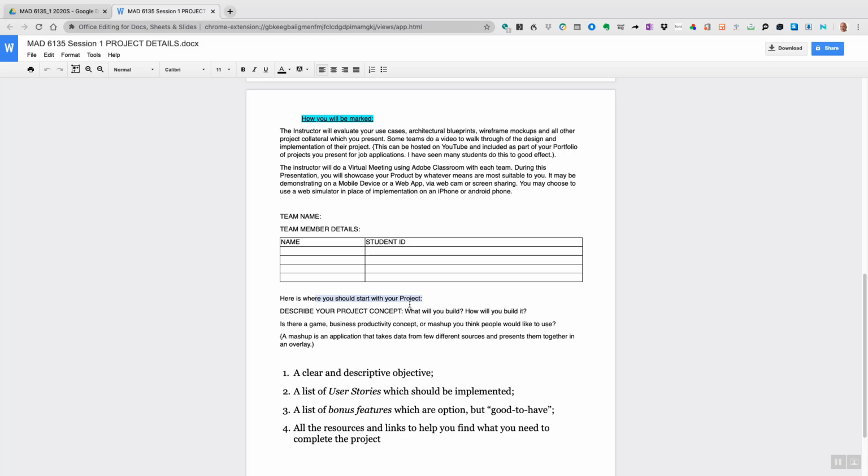Here's where you should start with your project. Describe your project concept. What will you build and how will you build it? Is it a game, a business productivity concept, or a mashup that you think people might like to use? So a mashup, as you know, is when you pull together data from several different sources, like a traffic cam and a weather API, and then maybe